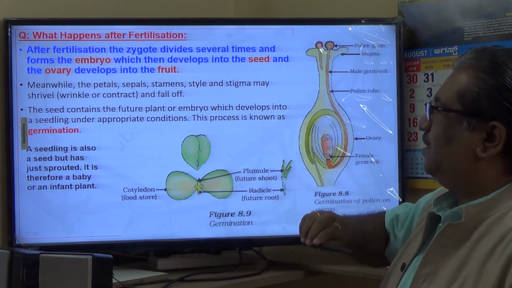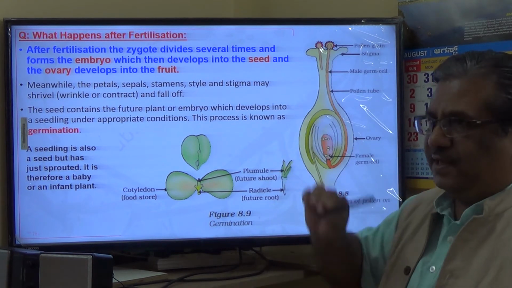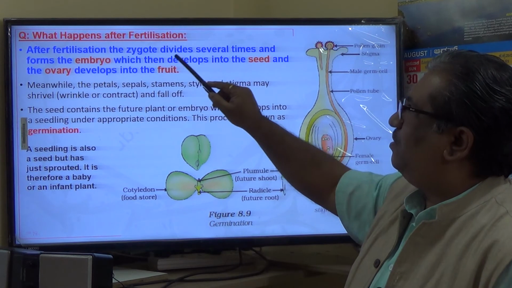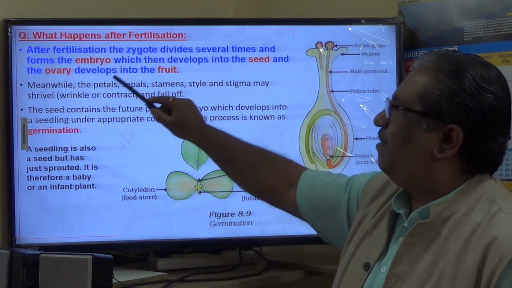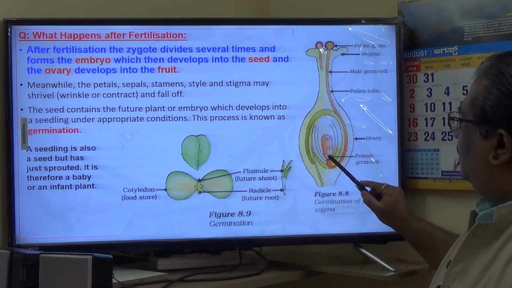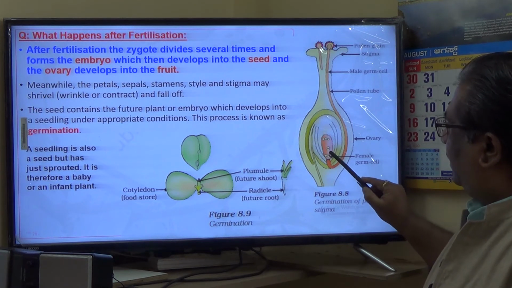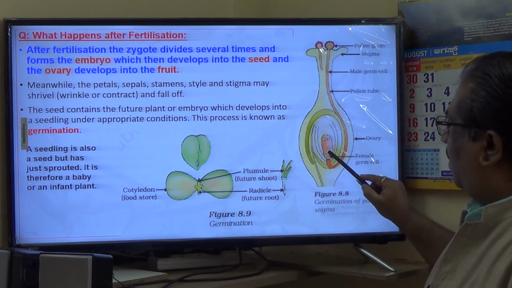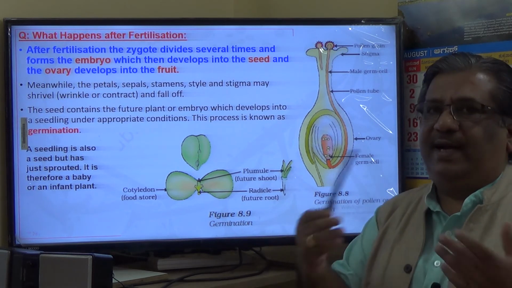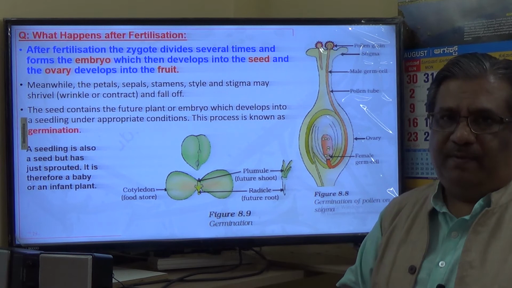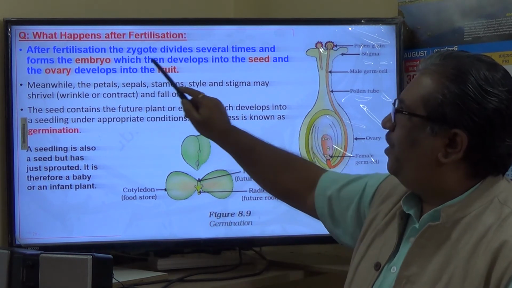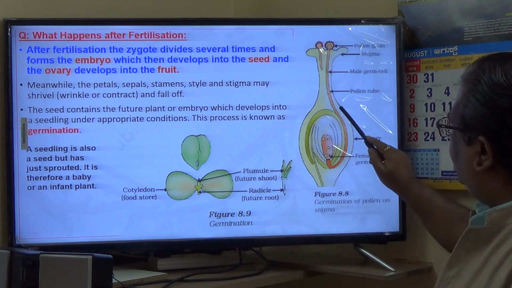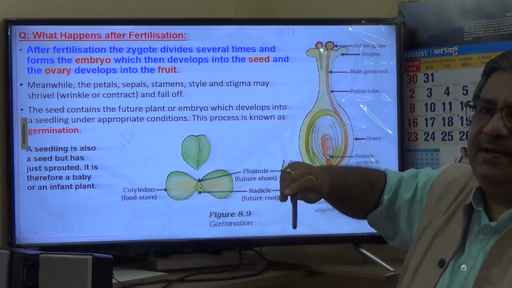What happens after fertilization? Let us read this and try to comprehend. After fertilization, the zygote divides several times and forms the embryo. Here, there is a fertilized egg. Once the eggs mate with the male germ cell, a zygote is formed, and that zygote divides many times to form an embryo. And the embryo then develops into a seed. And the ovary, can you see this outside part? This ovary develops into